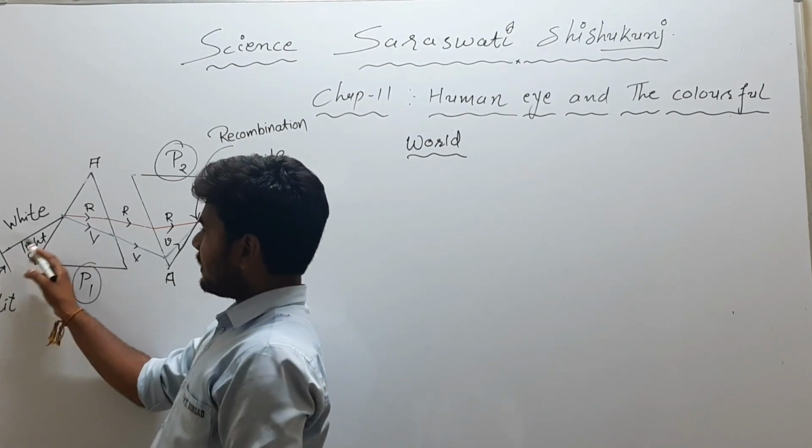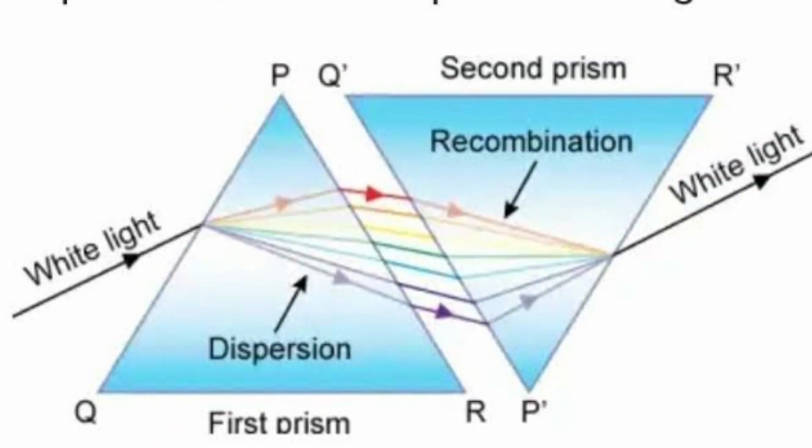By the first prism, light will get dispersed, and by the second prism, which is on the opposite side from the first prism, it will get recombined. Why is this happening? You can simply understand the concept that the first prism disperses the light, and the second prism does the opposite work of the first prism, and it gets recombined.